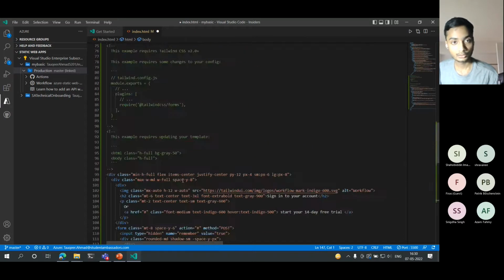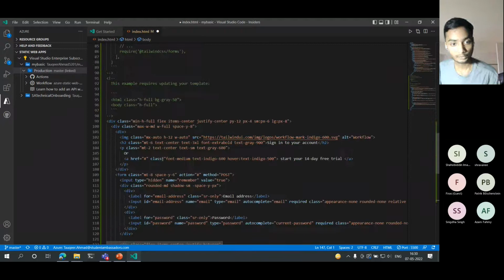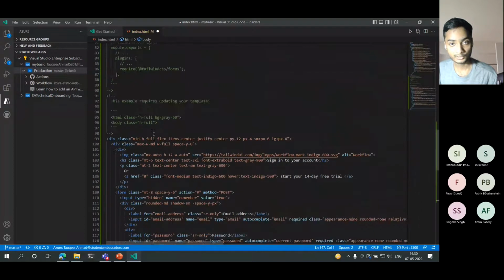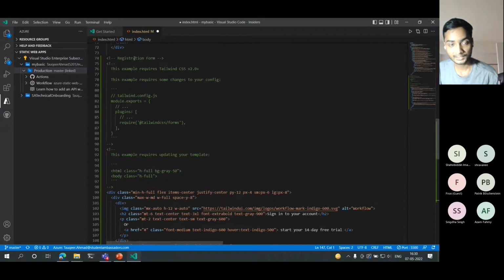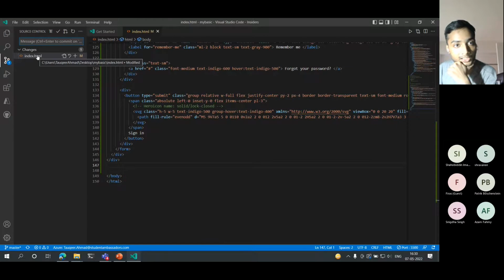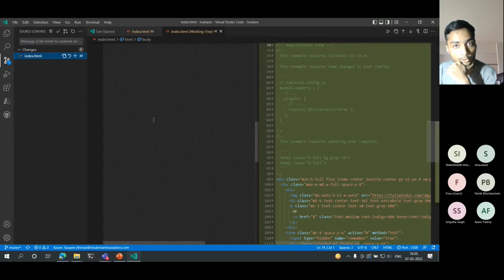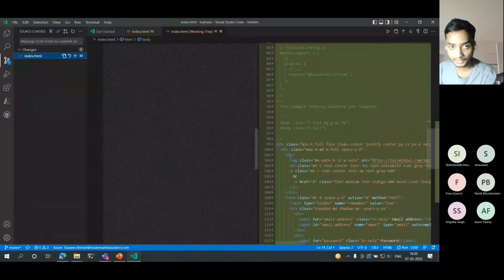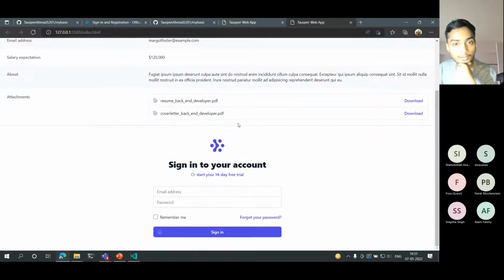Just pasting, because in this bundle one cannot find whatever the mistake has been done or whatever the debugging should be done. So that is why I use comments. From here I can understand that the registration form has been made. It says that there has been an update into my code, and that is true. I have added the registration form, and if I move to my live server, you can see that it is present over my live server.